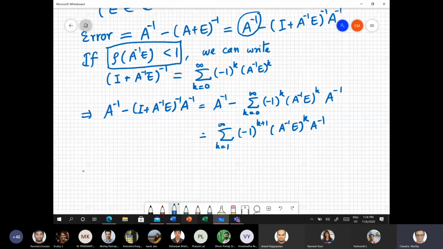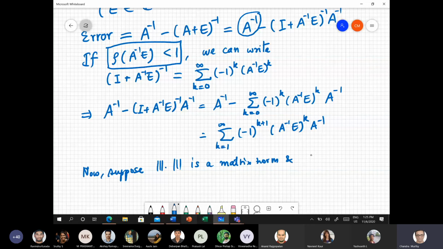Now suppose this is a matrix norm, and A inverse E measured according to this